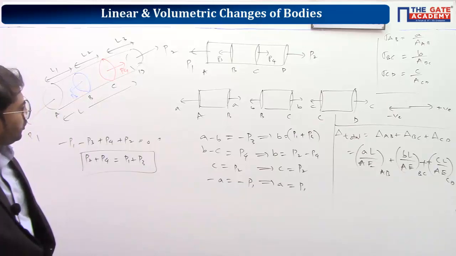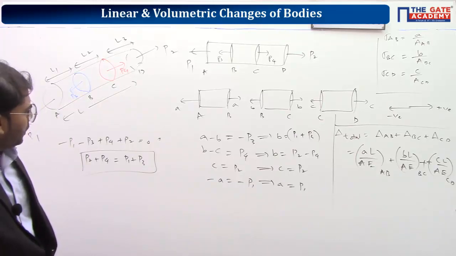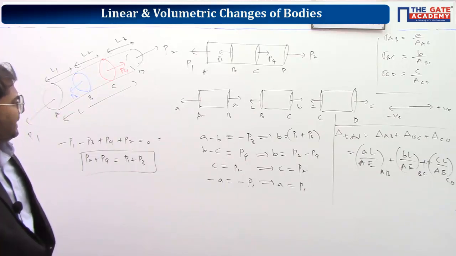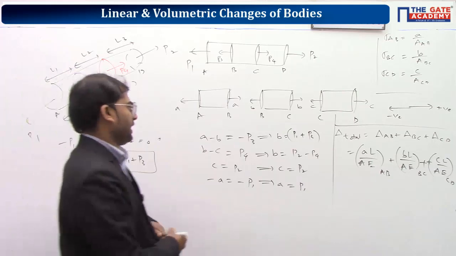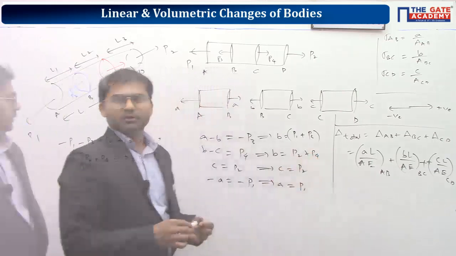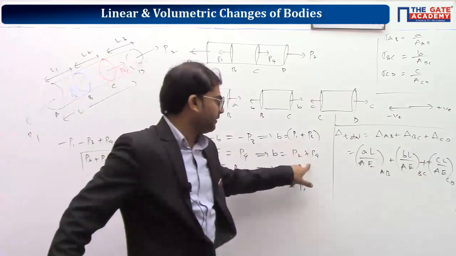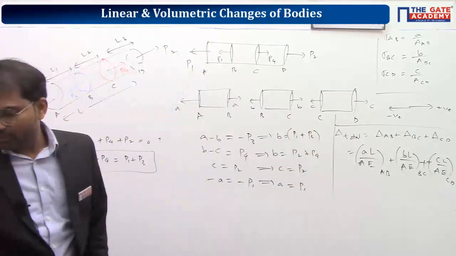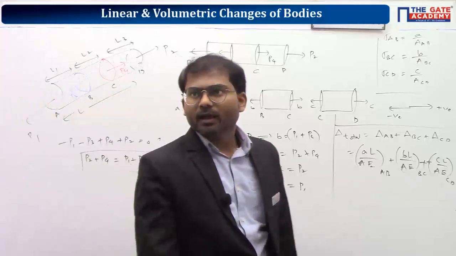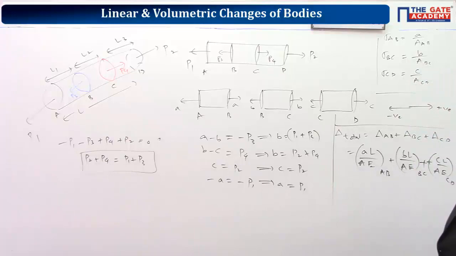A minus B is equal to minus P3. B minus C is equal to P4. So B is equal to C plus P4, P2 plus P4. Yeah, sorry. Thank you. P2 plus P4 should come out to be P1 plus P3. So P1 plus P3, P2 plus P4, both are same. So I did some mistake, so I got different. Understood? So you can take the next question. I hope the mistake is corrected now.